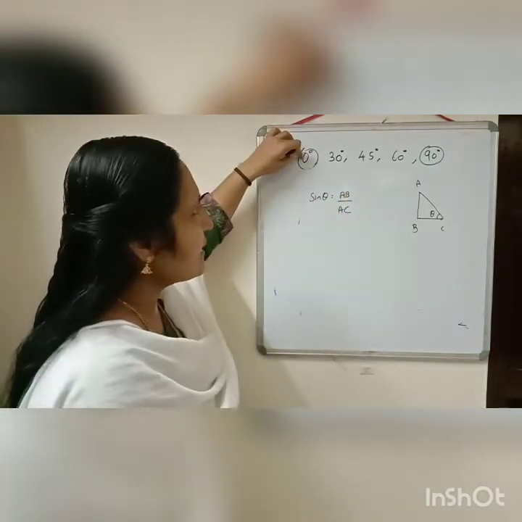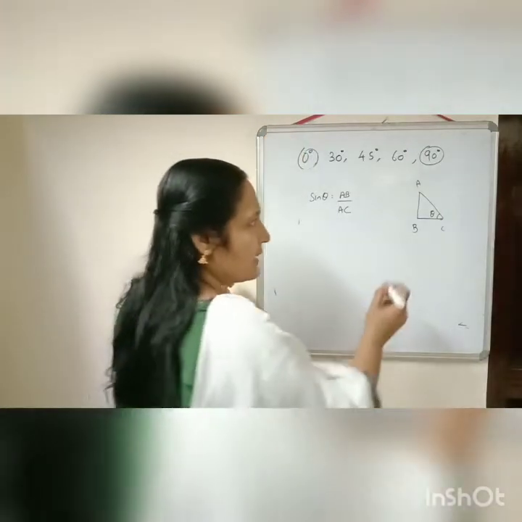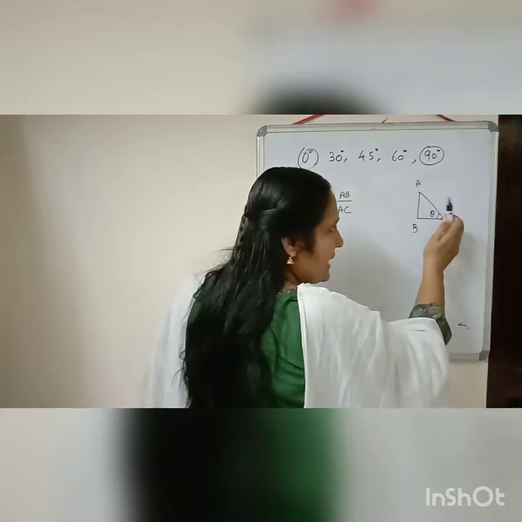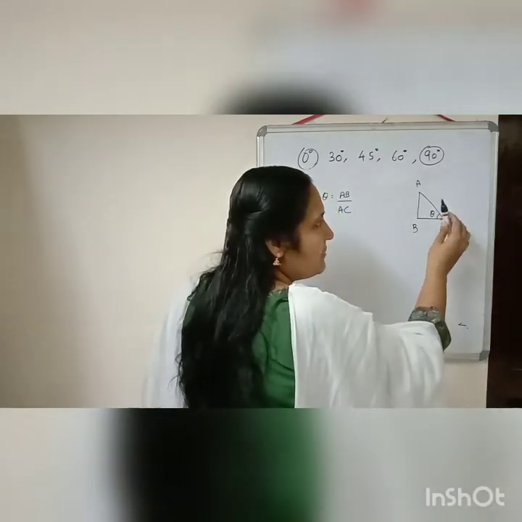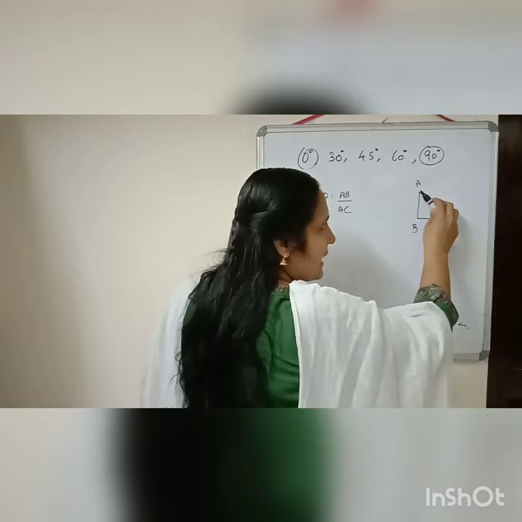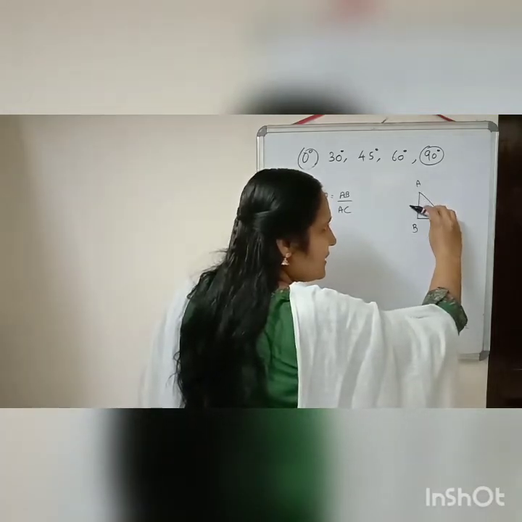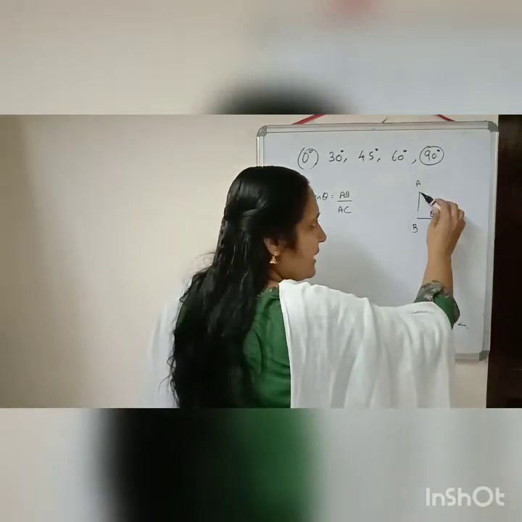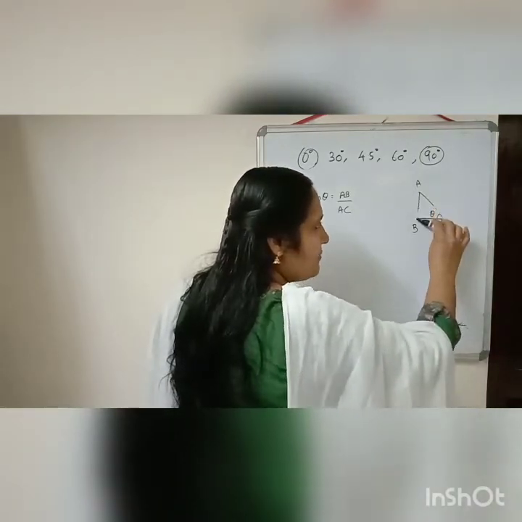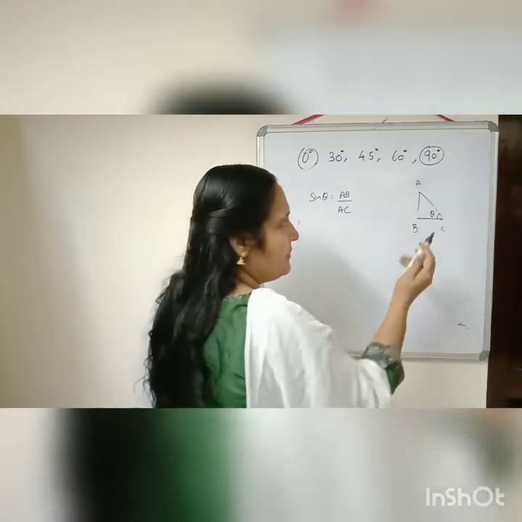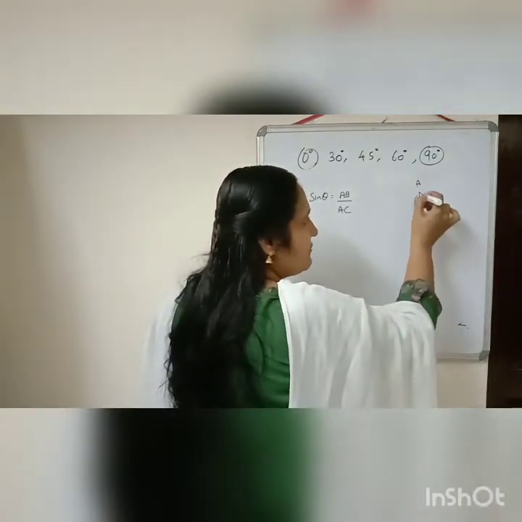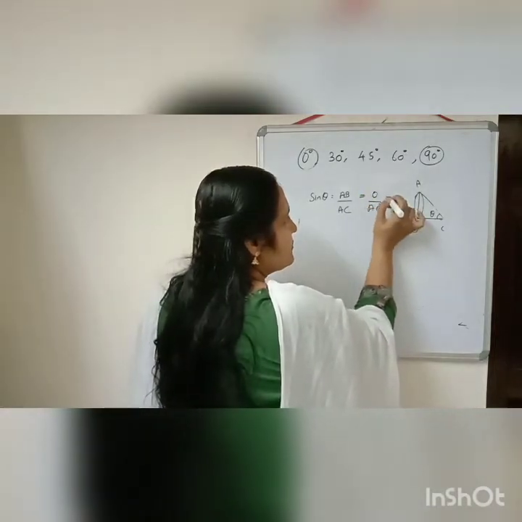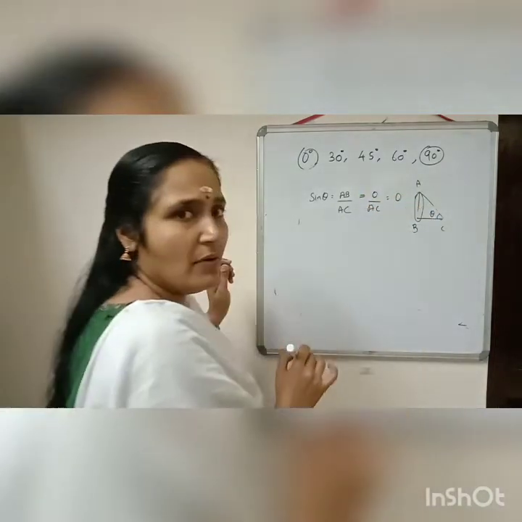Now we want our angle to be equal to 0 degree. So at present we have some values here. If I need this angle to be equal to 0 degree, what will happen? Here AC should coincide with BC, correct? We don't need this line there. A and B should be the same point. So this length we don't want, and it will automatically become equal to 0. So 0 by AC will be equal to 0.